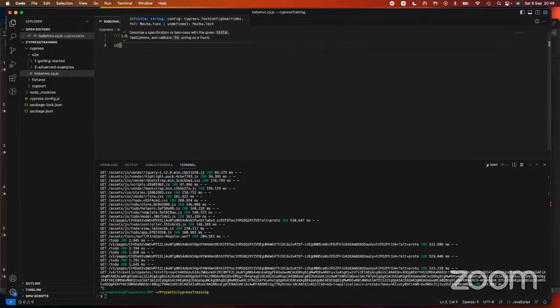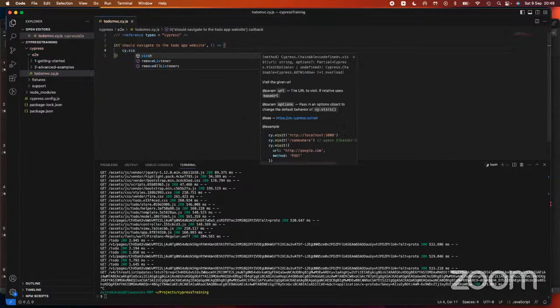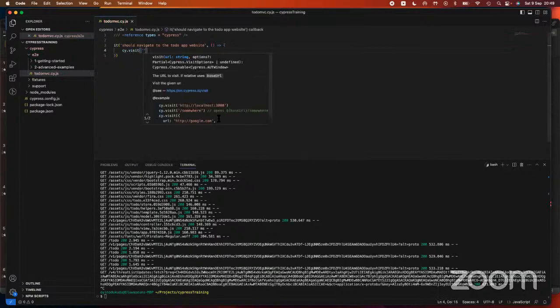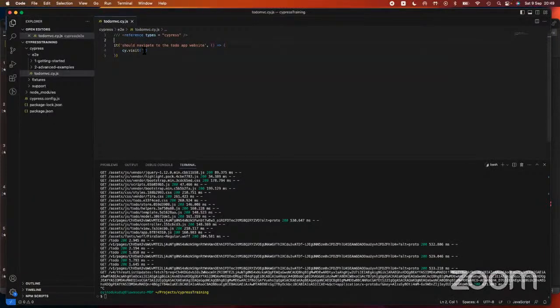So it should navigate to the to-do app website. So this is basic simple English. And this is the syntax we use. And if I put cy.visit, and I go ahead and copy this URL, paste it in here,